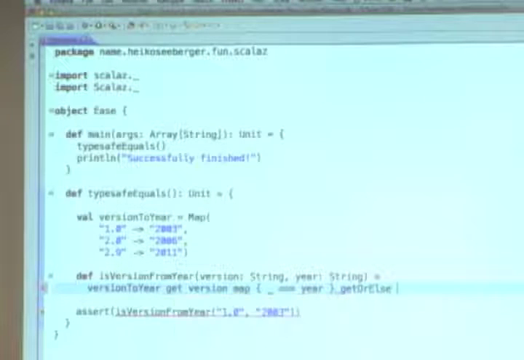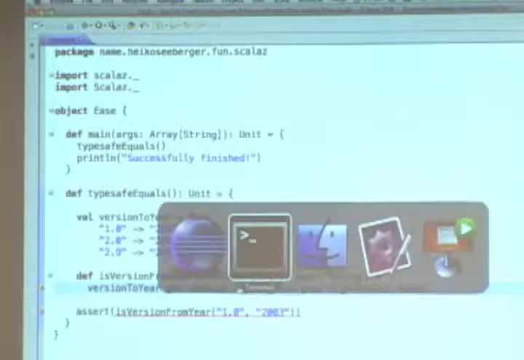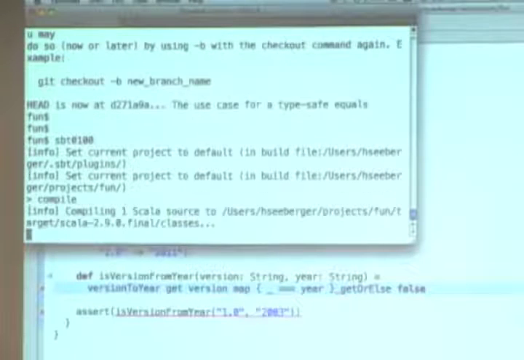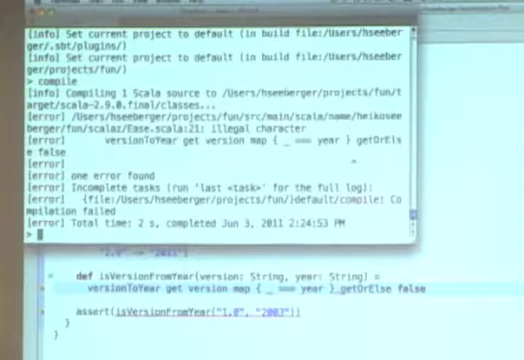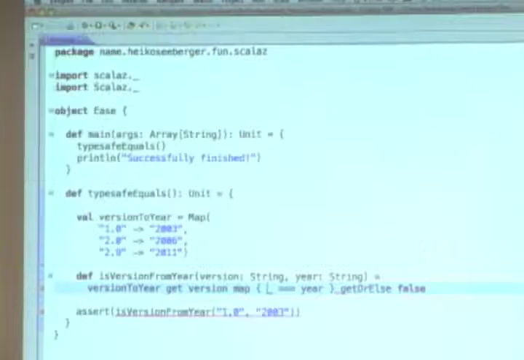Is that correct? No, what's wrong? This is an Option. Map. Compare it to. You need to parenthesize up to the close. No, I don't think so. Oh, really? What should I do?